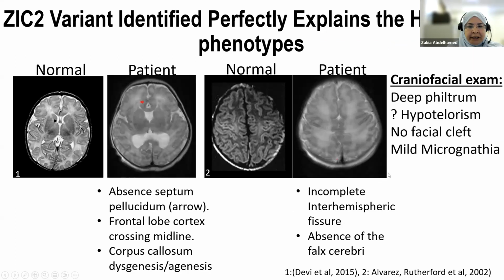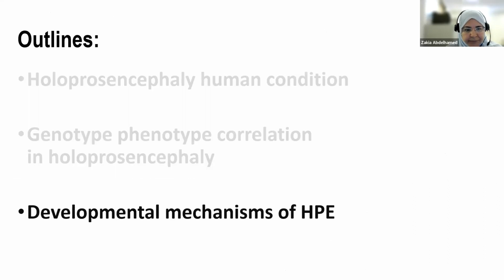So comparing the phenotypes of the ZIC2 mutant, we think that this is the best phenotype match to our patient. Our patient has holoprosencephaly and very mild craniofacial abnormalities. So this best explains our patient's phenotype, and that's why we reported the variant. I just showed you the holoprosencephaly condition and the genotype-phenotype correlation, and then I will touch base on the developmental